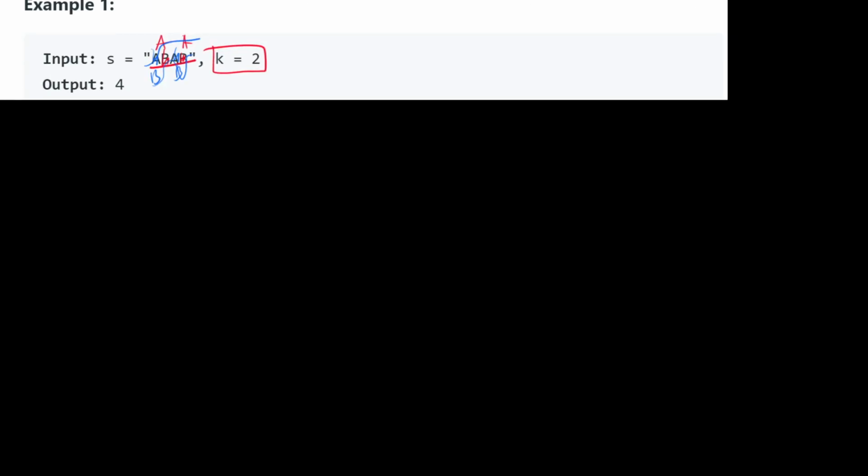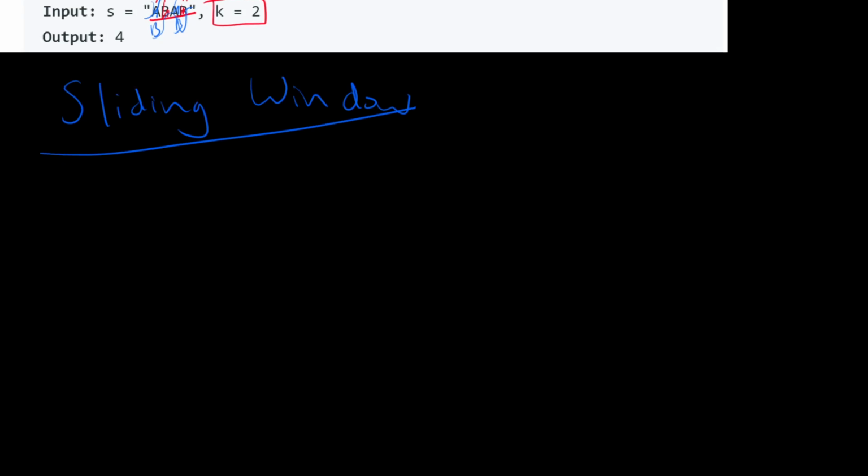So this is kind of a weird question, right? It's kind of tricky even to think about in your head just because it's weird sounding. But the fact that they tell us longest substring should instantly make red flags blare, and it should be a giveaway that this is solvable using the sliding window technique. The keywords longest substring just make it clear that this is a sliding window technique, which means